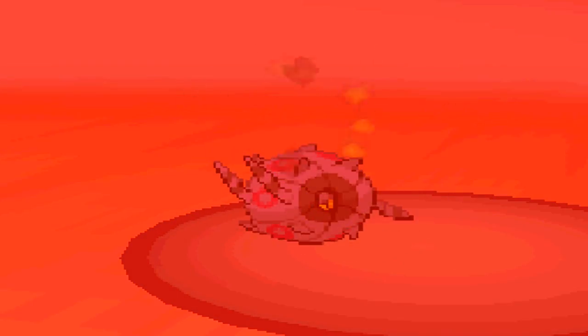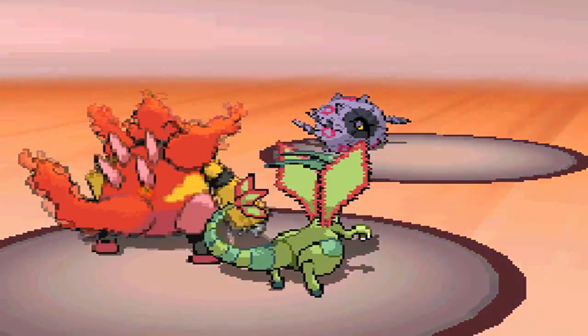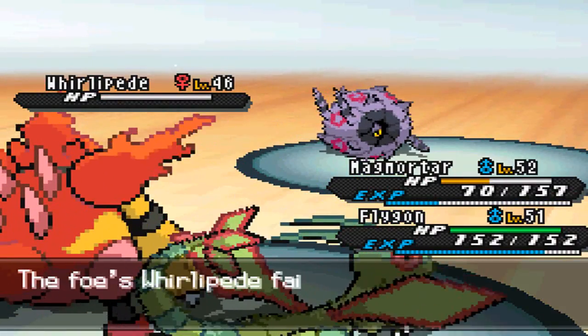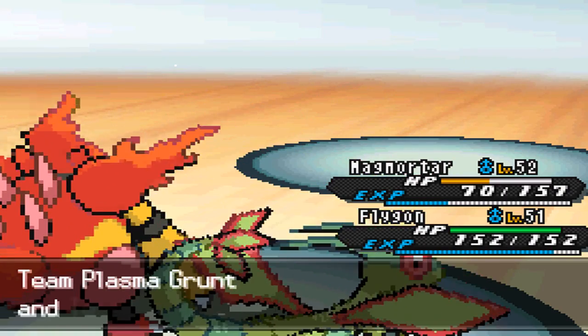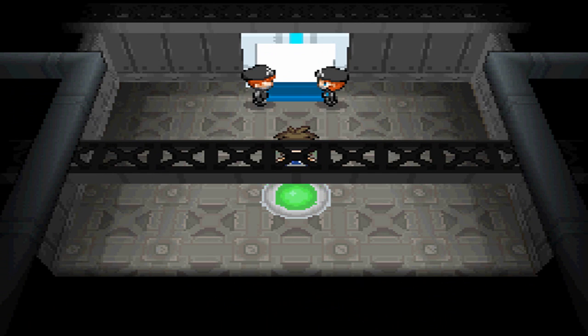Anyway, Flygon will Fire Punch this thing. I hope he doesn't have Poison Point, because that would suck. No, it doesn't look like he has Poison Point, or if he did, it didn't affect me, so I don't care. I'm not poisoned, so that's good enough for me. Right, next Pokemon is... No, that's them, they're beaten. Okay. Where do we go next? South, I presume, to this one...